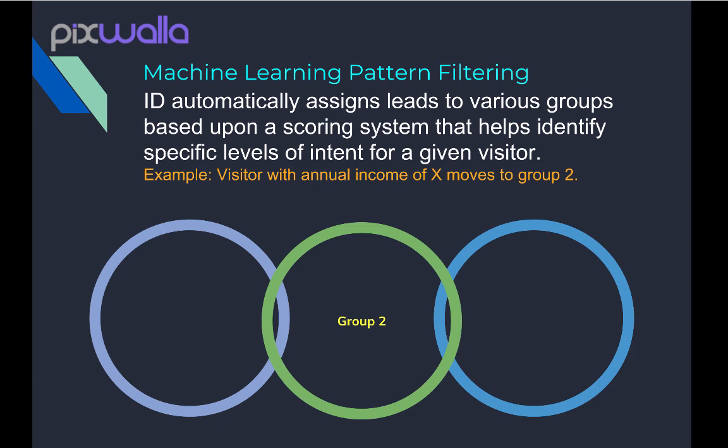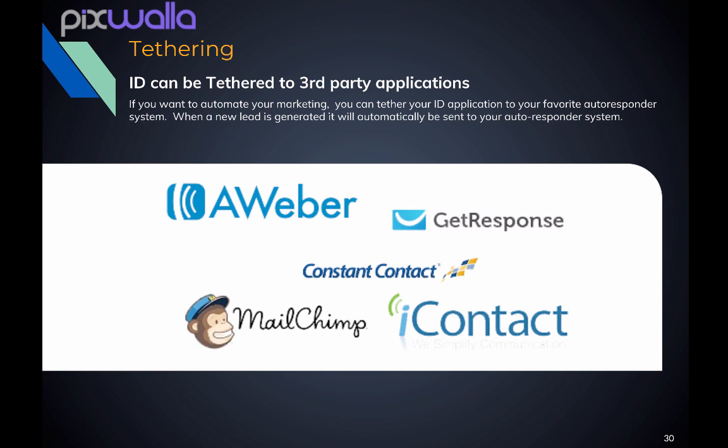For instance, if anybody has a discretionary income score over, let's say 70, then put them in bucket A. And if somebody has an annual income under X, put them into bucket B. That way you can actually separate out your leads into the right bucket so you know how to work with them. Pretty cool. The other thing is the technology does connect with third-party applications like Aweber, GetResponse, Constant Contact, MailChimp,